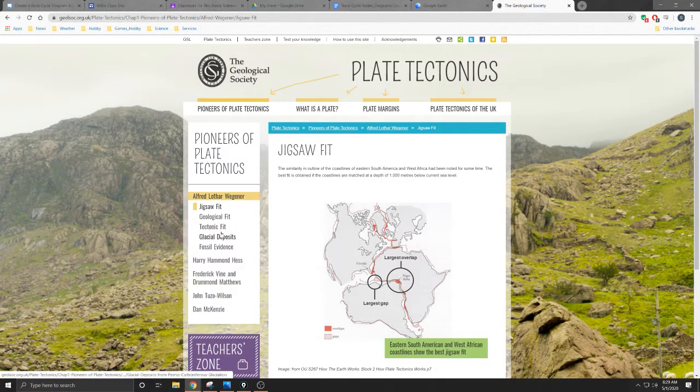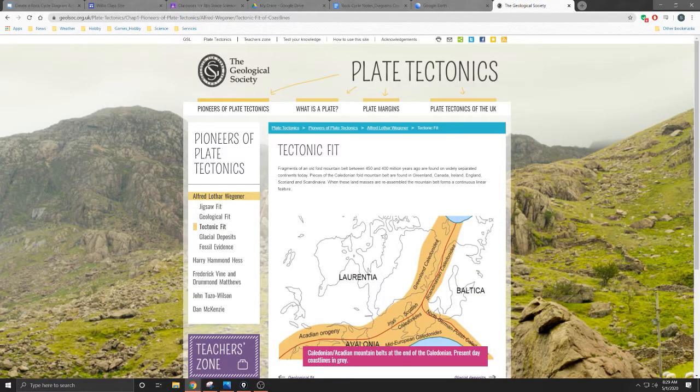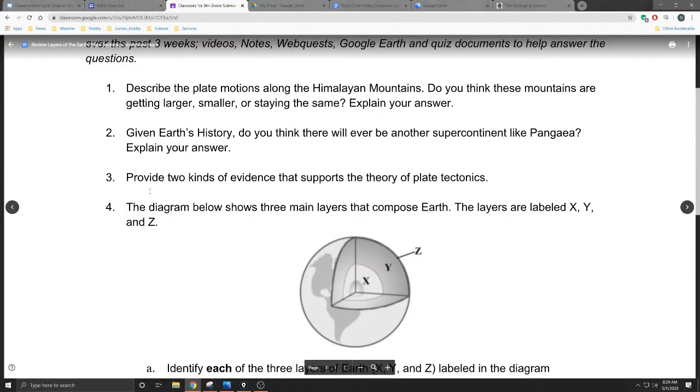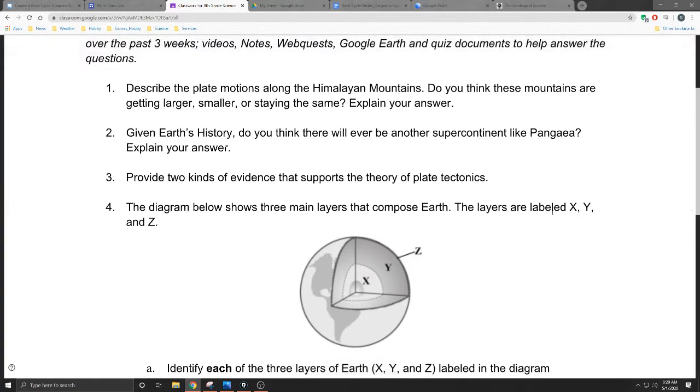There's glacial deposits. And when we look at the actual tectonic plates, we can see that, again, the same type of areas are going to have similar geologic deposits, which are going to be a piece of evidence that we can utilize for those things here. So that is a bunch of different types of evidence that you guys could use to support plate tectonics there.